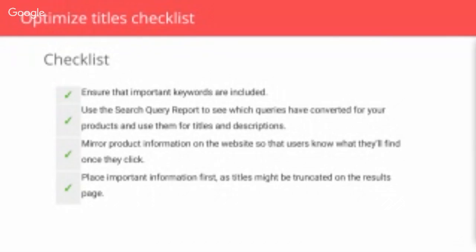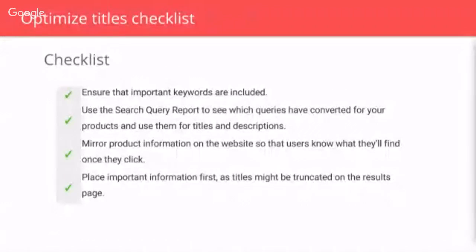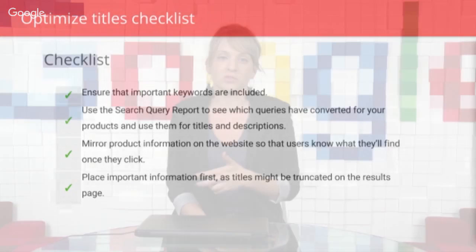Mirror product information on the website. This is so important. Make sure that the product information you show in the ads matches the product information they're going to see when they go to your site. This is important for a lot of reasons. One, most importantly, your ad could be not shown if this isn't happening. If you're saying one price in the ad and it's not the same on the website, then your ad is going to be pulled. We need that consistency. Two, it's a terrible user experience. They're not going to convert. It's really frustrating if we see one thing and then we end up on the site and it's something completely different.